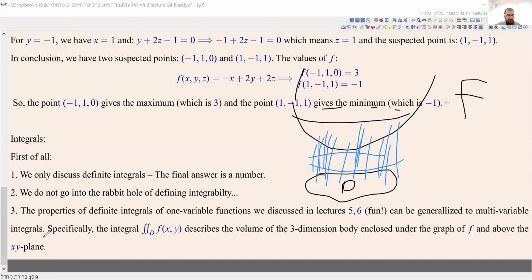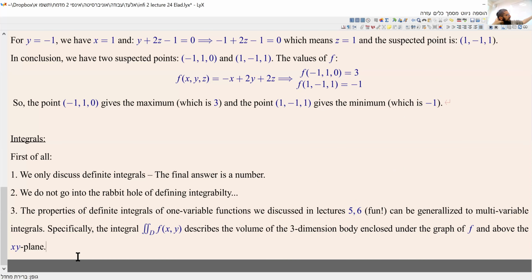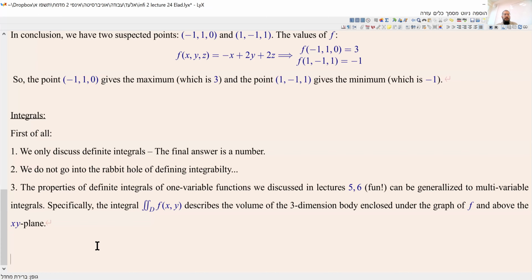Just geometrically speaking, all the same basic properties hold. If f is greater than g, the integral of f is greater than the integral of g, and linearity, and so on and so on. One can write them down explicitly for multivariable integrals as well. Now, secondly, the problem